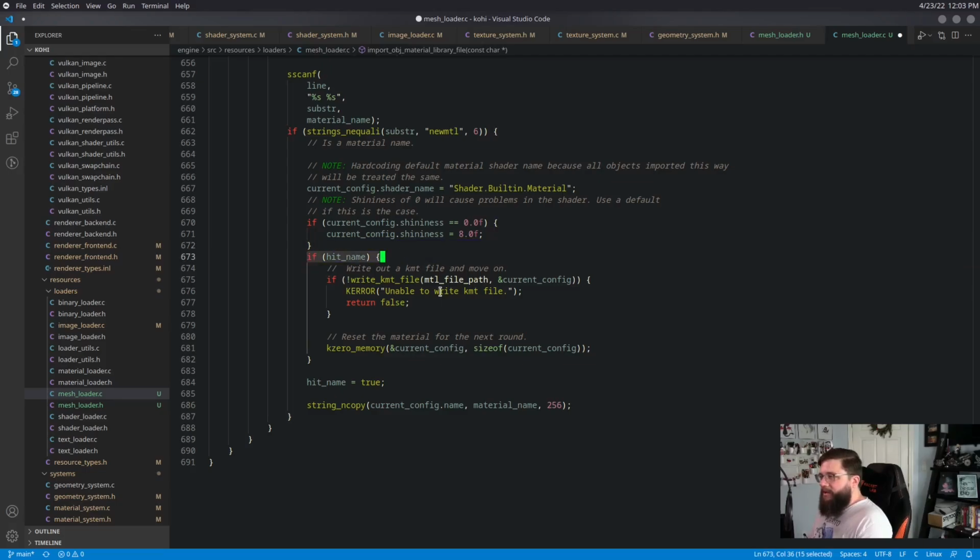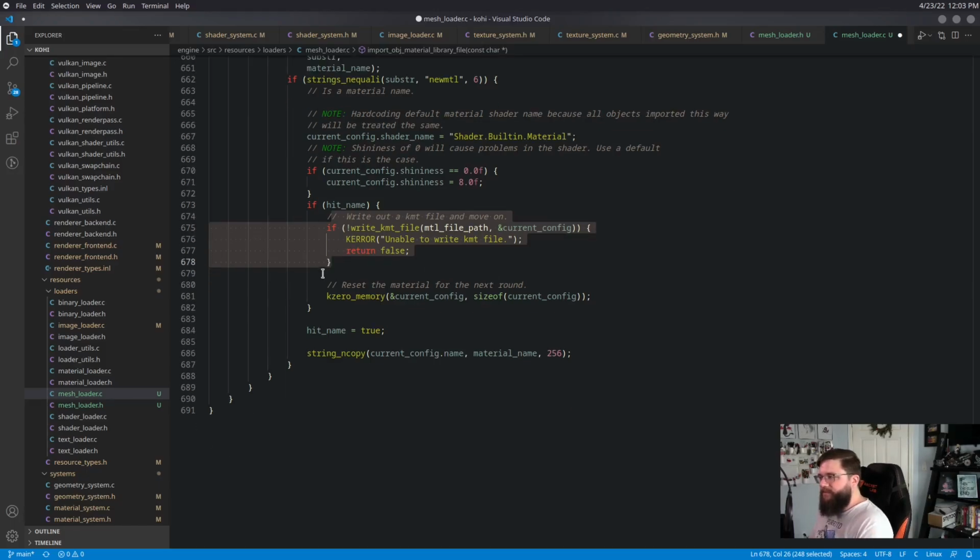And then if we've hit a name already, we're going to go ahead and write out a KMT file and then move forward. So the KMT file is the material definition file that we will then load into the engine. And then we'll go ahead and reset the current material for the next round. So we're not going to use the material config directly as we load it this way. We're actually going to use that material config to write out to a KMT file, and then the engine, when it actually goes to load this up, will pick up that KMT file and load it automatically. So we're not going to use that here,